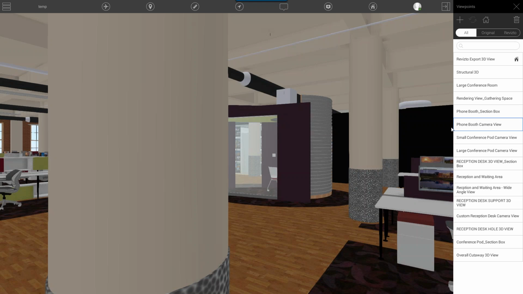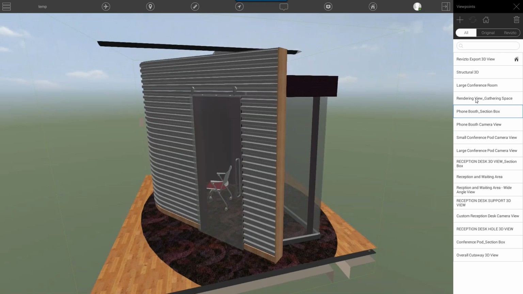I'm going to quickly go back to the gathering space, and now on the tools across the top, I'm going to switch from airplane mode to walk mode. And so I did that with a couple of clicks with the mouse, and now I'm going to use the 3D mouse. And when you turn on walk mode, you're set at a predetermined height, and gravity and collision is turned on.